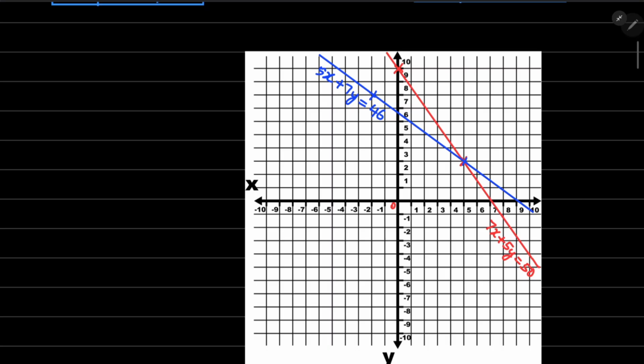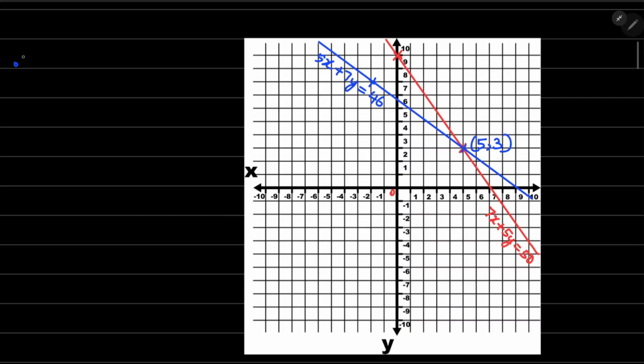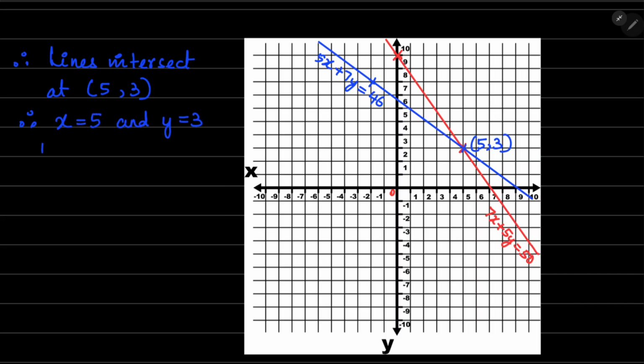And the 2 lines meet at, where do they meet? They meet at 5 comma 3. So the point of intersection is 5 comma 3. Okay, so you can write, therefore, it is observed that lines intersect at 5 comma 3. Therefore, x is equal to 5 and y equal to 3 is the solution of this